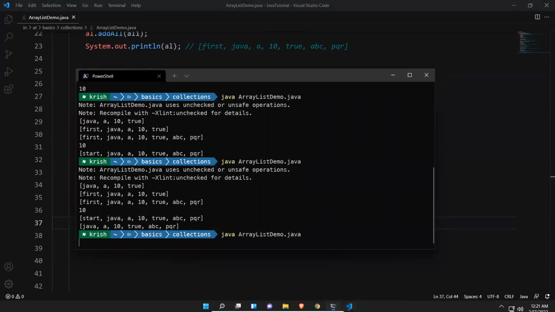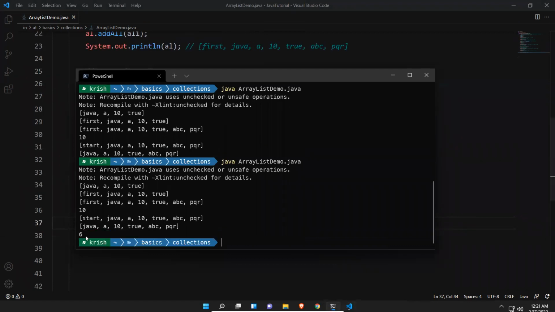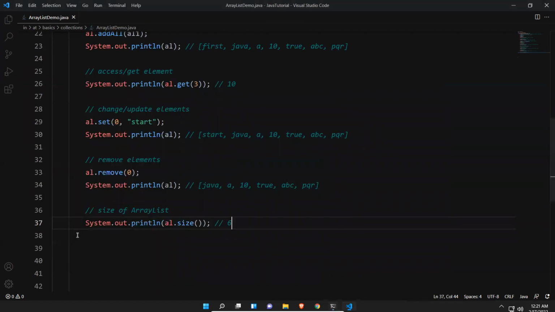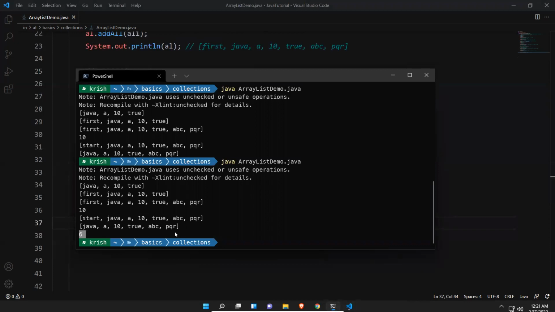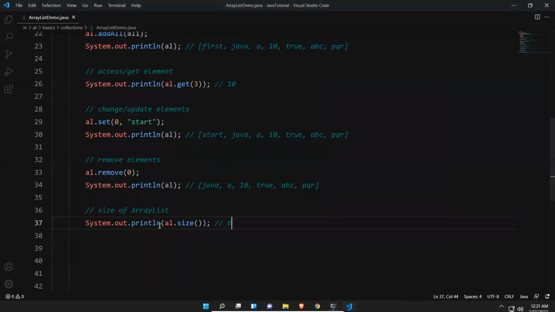So let me execute this, and we see the output. You see that 6. So right, we have 1, 2, 3, 4, 5, 6 elements inside this array list. Because of that, size is getting 6. Right, I'm expecting the 6. I got the 6. So after that, whether